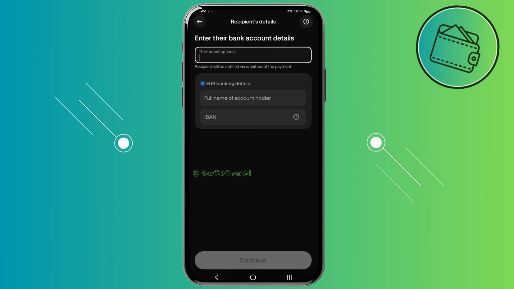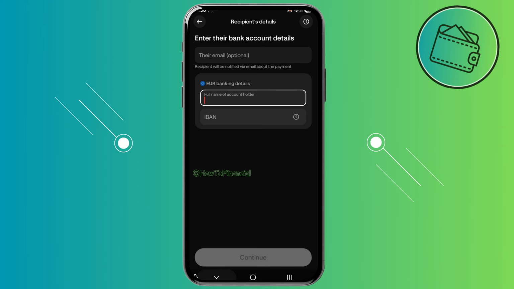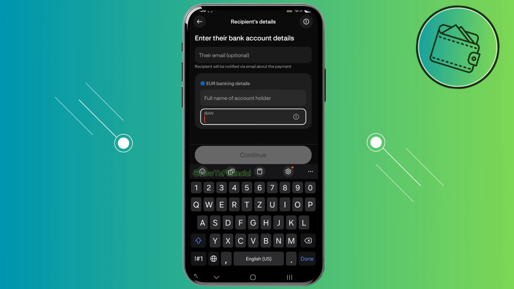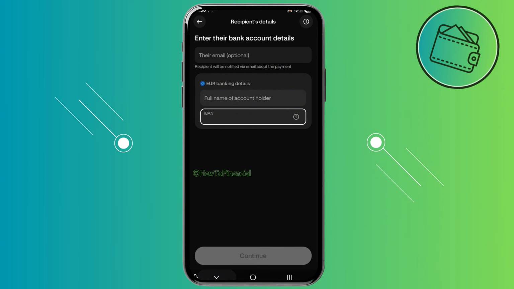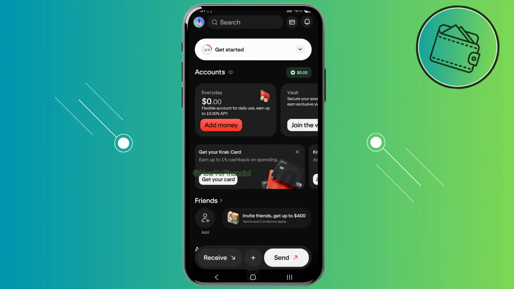The email is optional, but you would of course need to input their full name and last name and their international bank account number. Once you have that, you can go ahead and tap on continue, and then on the next screen you would need to input the amount of funds that you would like to send to that person and then just confirm the transaction. So essentially guys, those are all the ways that you can send money using the